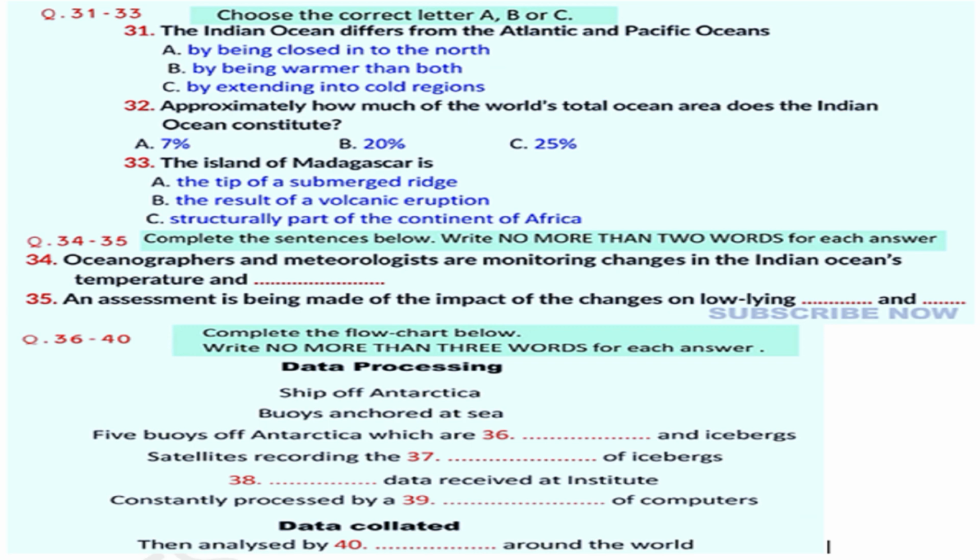The surface waters of the ocean are warm, except where the ocean touches the cold waters to the south. A network of scientists, mainly oceanographers and meteorologists from around the world, are monitoring changes in the ocean's temperature and acidity, especially where it meets the Southern Ocean, in order to see how global warming is having an effect on the waters there. An assessment is also being carried out on how this is impacting on low-lying habitats and peoples in the more populated coastal regions around the rim of the ocean.